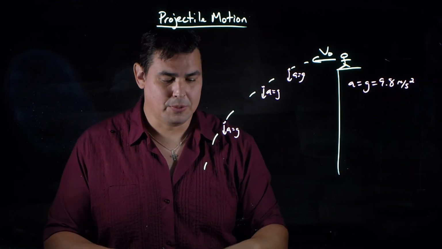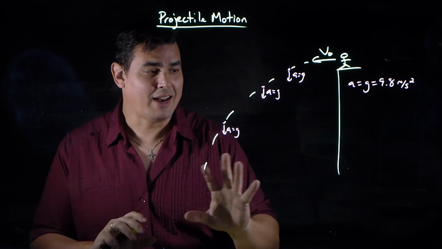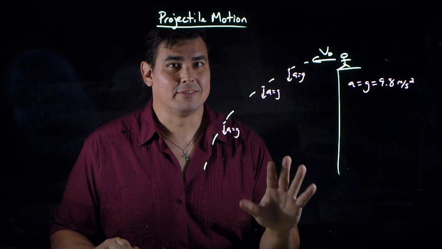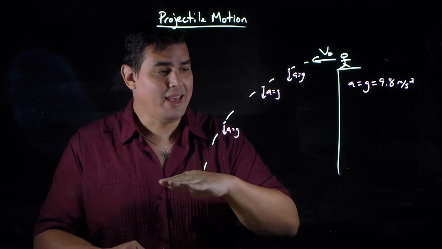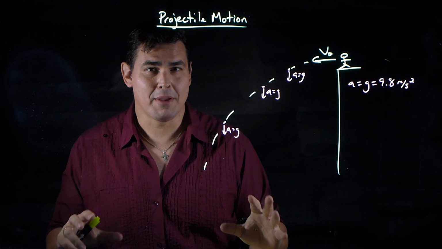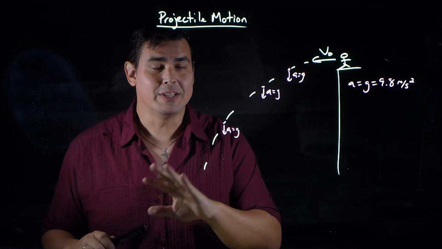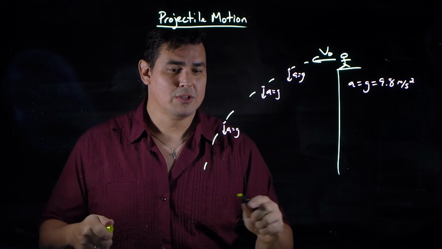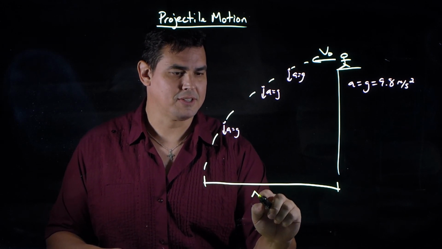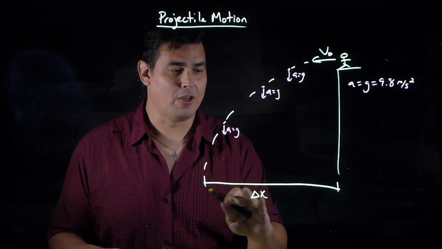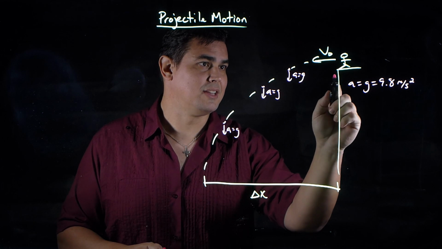So we have an object moving in the x and moving in the y. Let's look at how to analyze a projectile problem. They're really not that hard. The key thing is to break it into x and y motion. If you think about the two motions separately, they're not that hard to solve. Let's look at x first, because x is easy. In the x dimension, this thing traveled some distance this way. I'll call that delta x. And I'm going to call the height that this thing fell